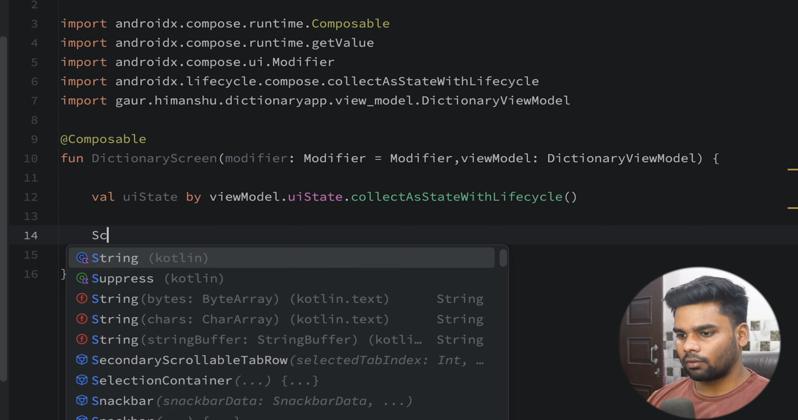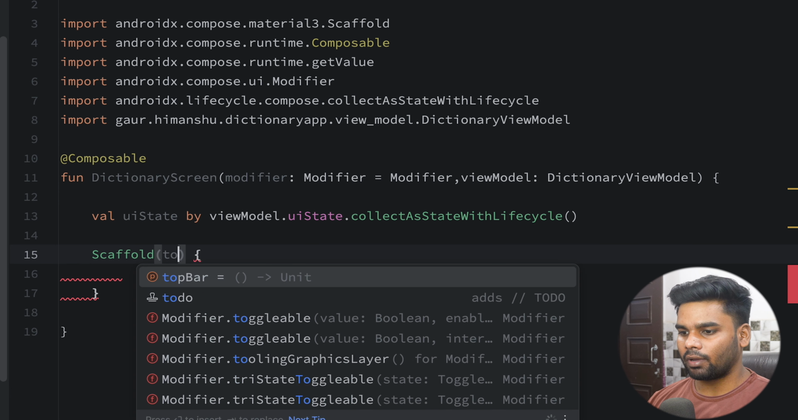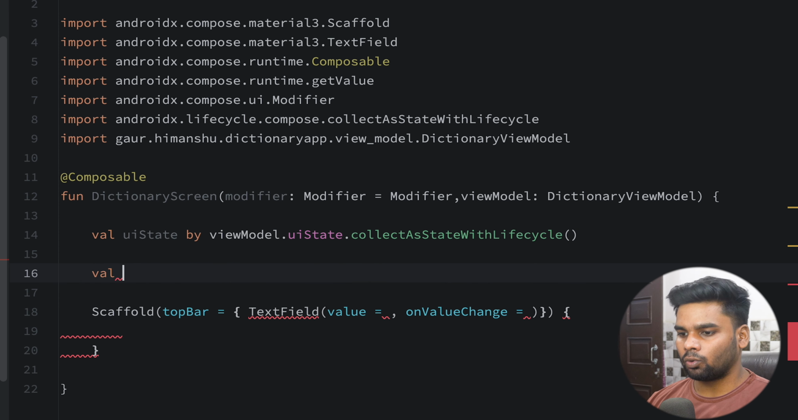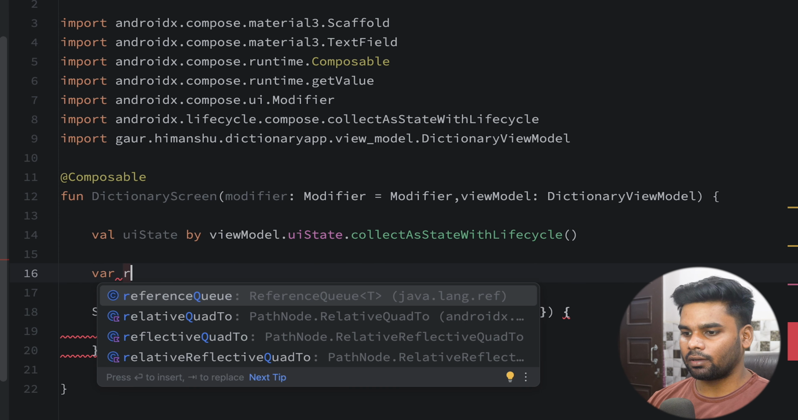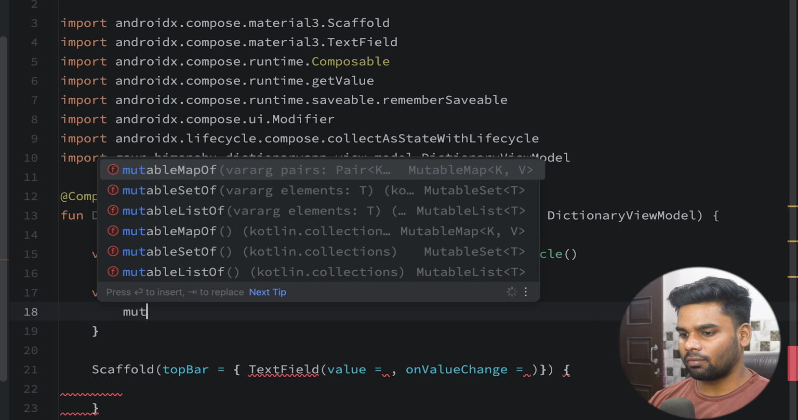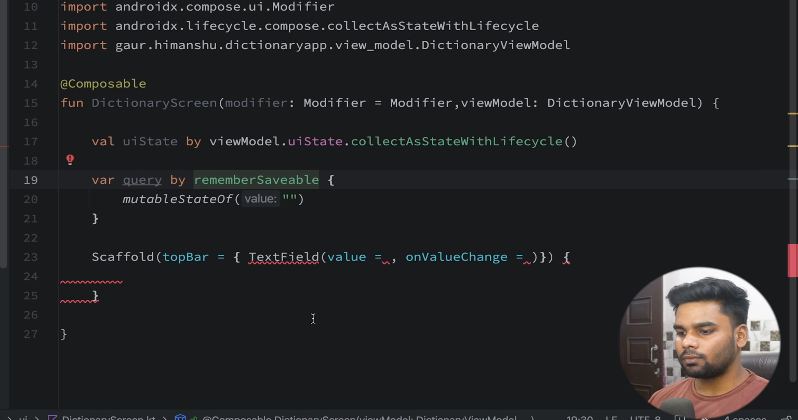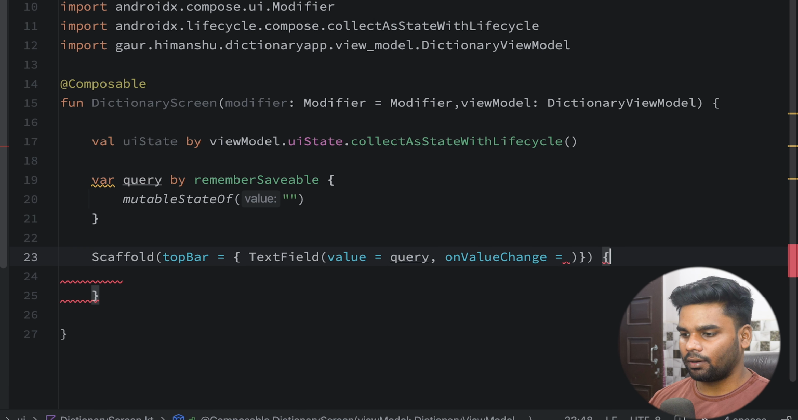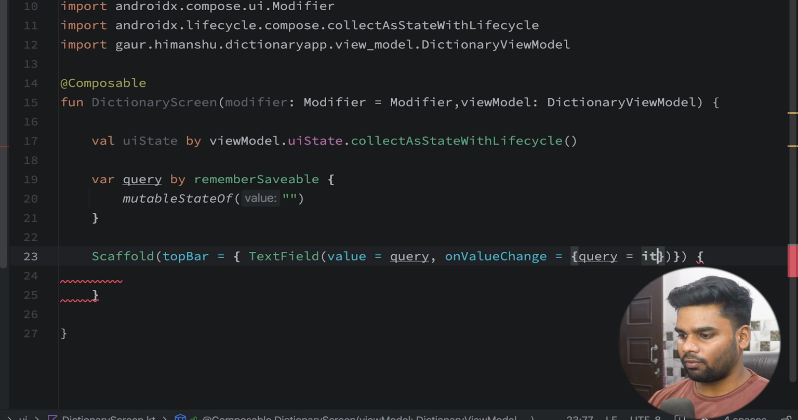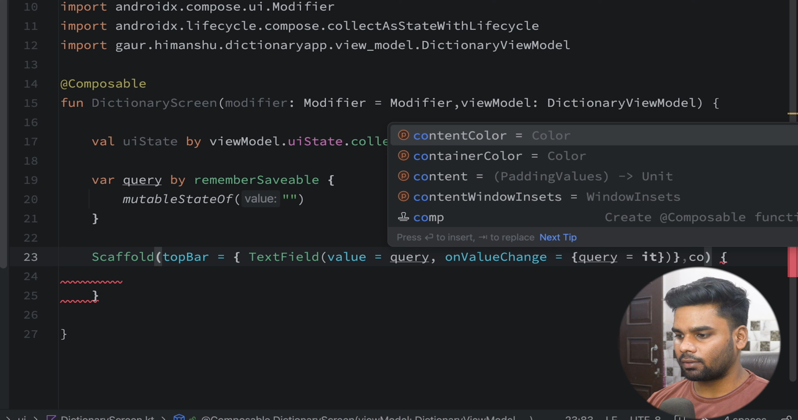And next we want to begin with our scaffold. So in this scaffold we are having a top bar that contains a text field. So in order to hold this state, we are having a state named query, which is initialized with the help of remember saveable mutable state of empty string. Import this thing up, use your query value over here, and if anything gets updated, simply update your query value. In this text field we are having a colors parameter,